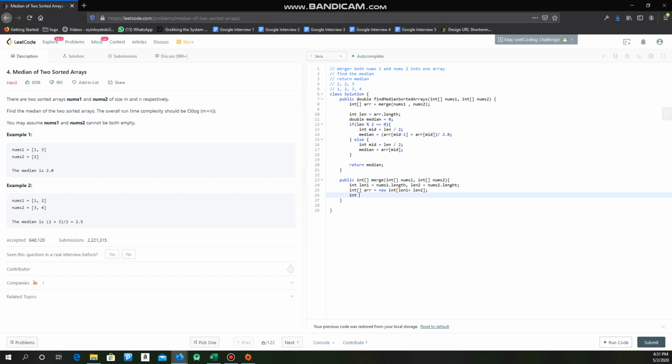So we'll just call this l1 for nums1, l2 for nums2, and then count for the array. So while our l1 is less than len1 and l2 is less than len2,